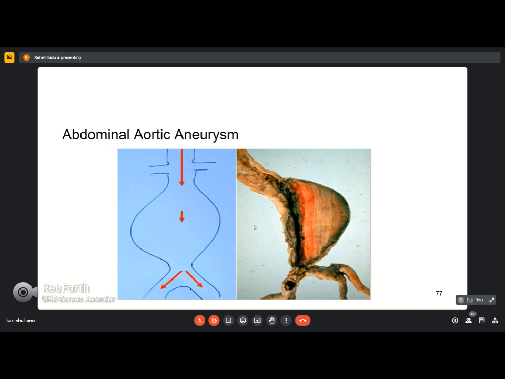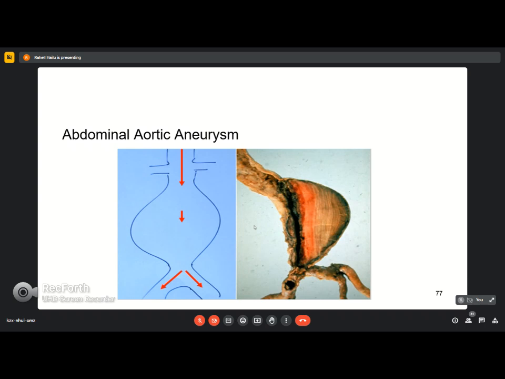Okay, so any sort of antigen-antibody complexes forming within the endothelial wall can result in chronic inflammation and weakening of the wall and dilatation. So the commonest aneurysm that we need to watch out for is the abdominal aortic aneurysm. That is the common site because this is a high pressure zone, and it's also the common